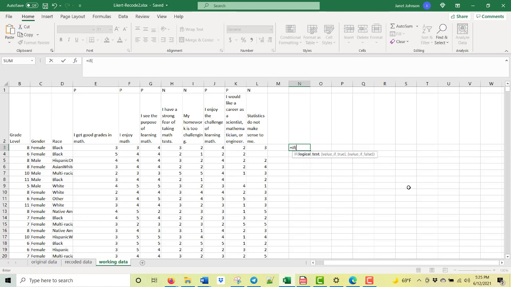If, and then open parenthesis. All formulas have this structure. And the simple version of the if statement, if you understand that, the complicated version would make more sense to you. If, we can do whatever we want here. Let's do an if statement on race. And maybe we want to make a variable for white and non-white. So we could say if D3 equals, anytime you are writing text, you need to have it in quotes. If D3 equals, quote, white,